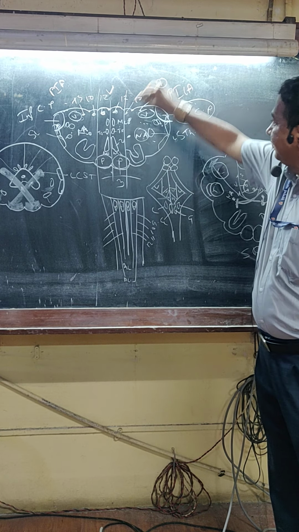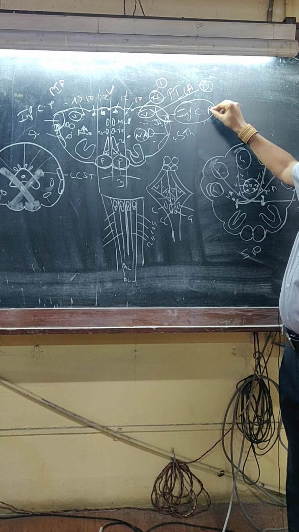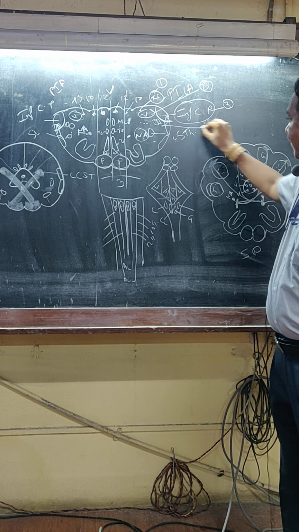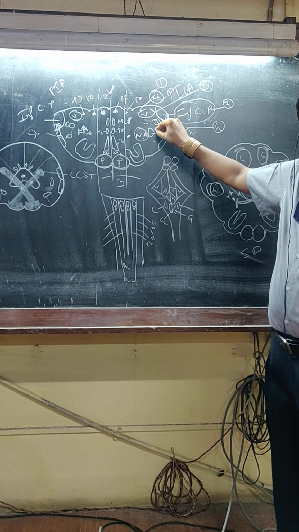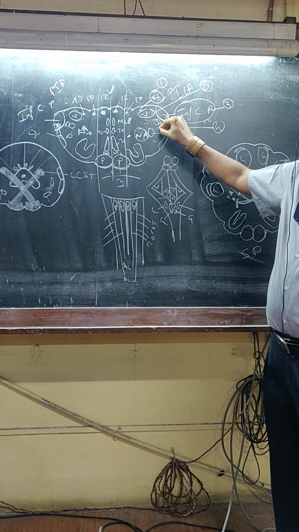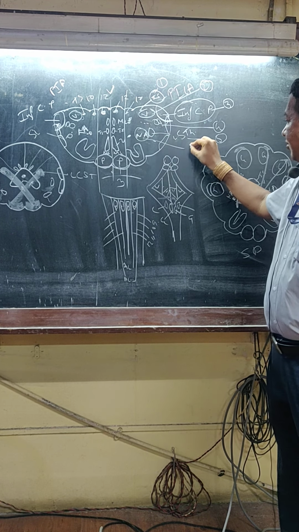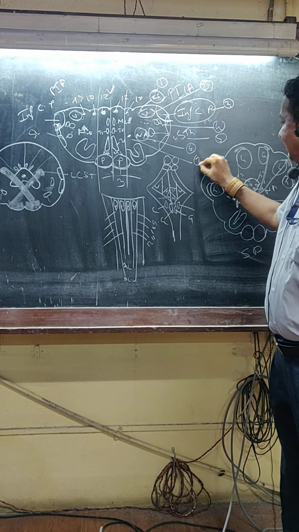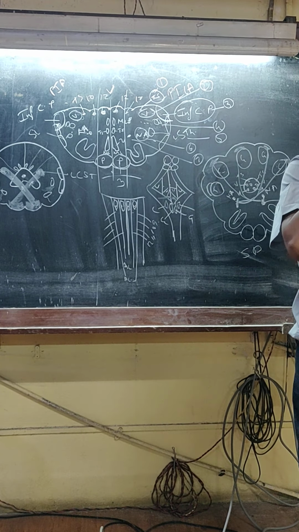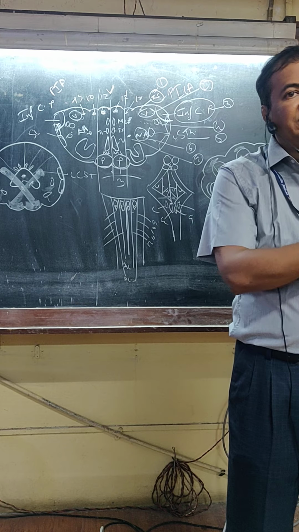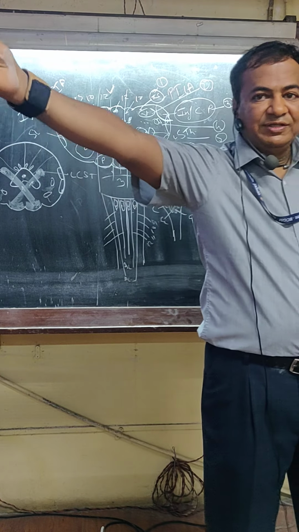So let's count. Tractus solitarius 1, vestibular nucleus 2, inferior cerebellar peduncle 3, the spinal nucleus of trigeminal and the trigeminal lemniscus 4, lateral spinothalamic tract 5, nucleus ambiguus 6, and descending sympathetic fibers 7. So total 10: 3 structures affected in medial medullary syndrome and 7 structures affected in lateral medullary syndrome. Come on, tell me the 7 structures.